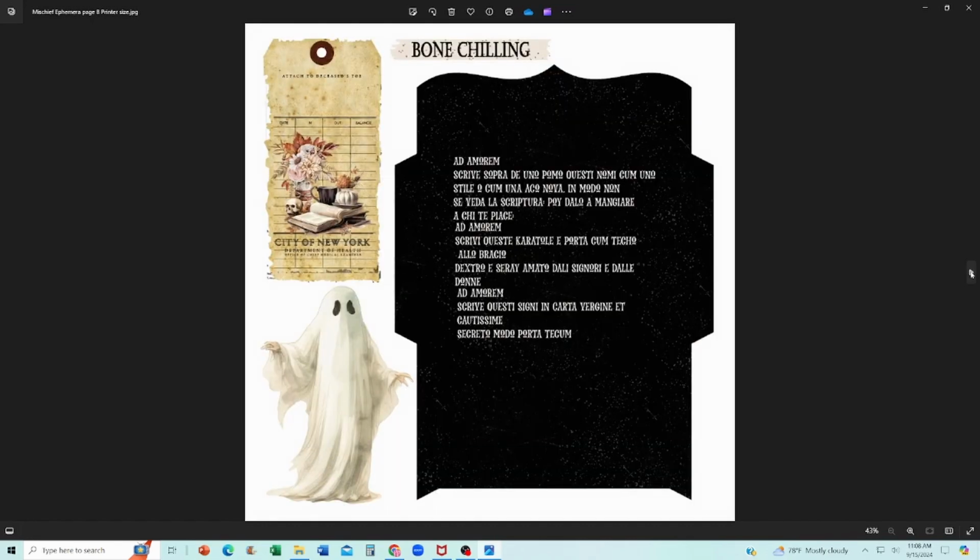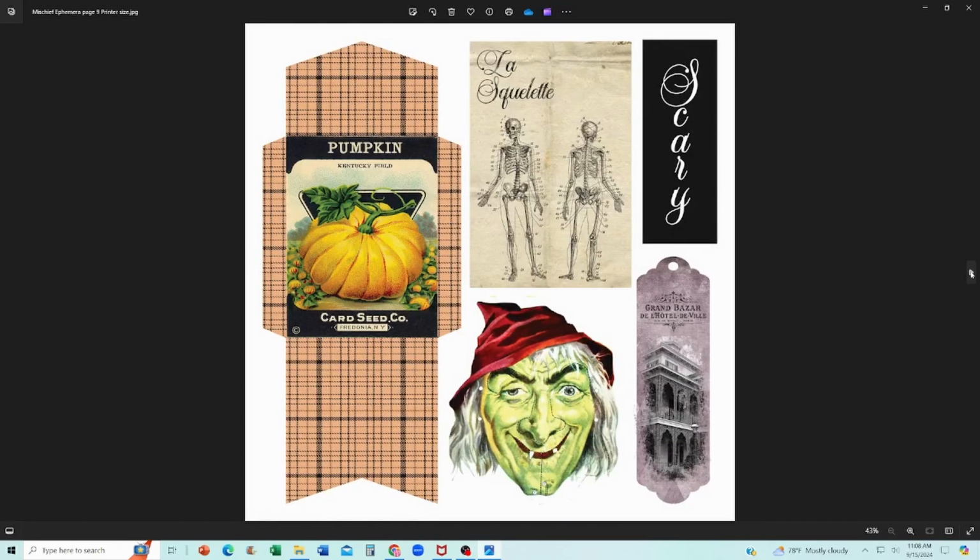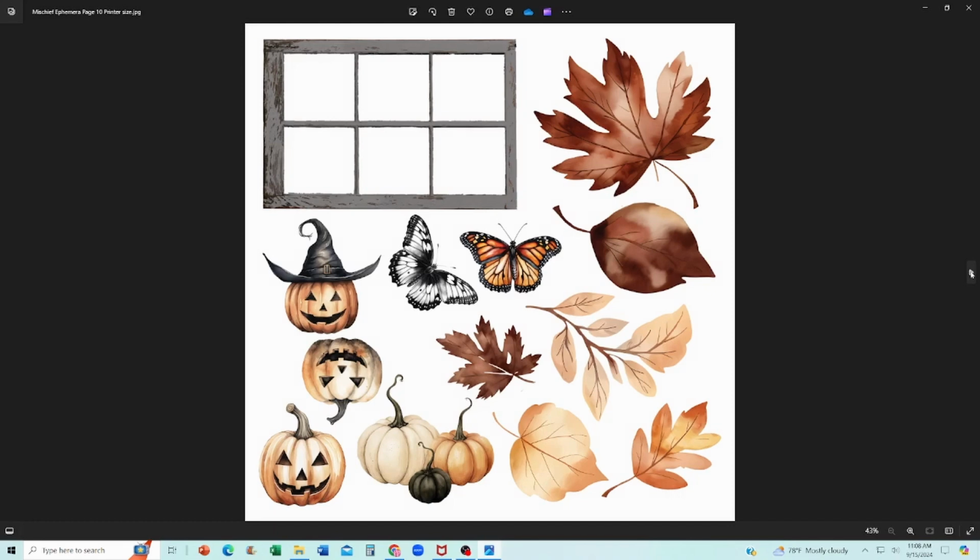I can't remember how many sheets of embellishments we have here, but we have a bunch. A bunch. Look at this. I just love it. Yes, there's going to be a Halloween project with this collection. Now we're getting into what I like to call the solids. I know these are not solids, but